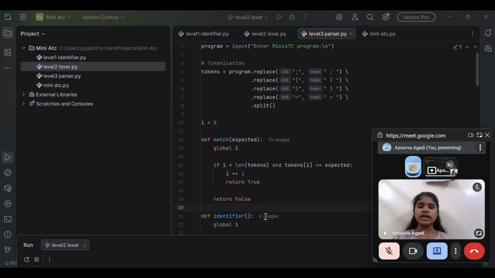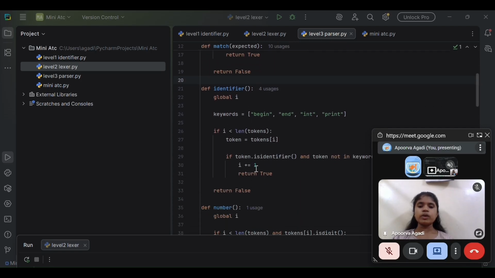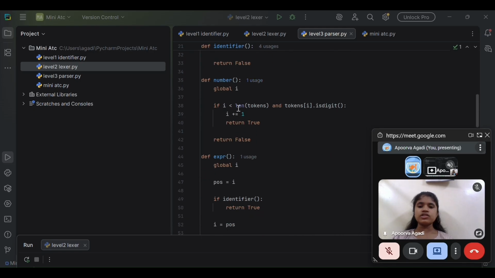Def identifier checks for valid identifiers. Def number checks the numbers, whether it is valid or not, true or false. Def expression checks the expressions. And def declare statement: